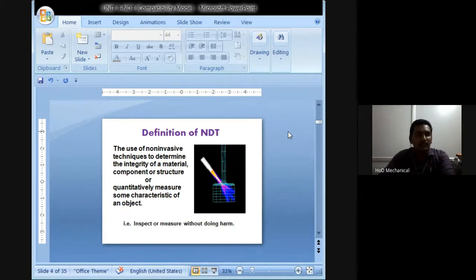That is the definition of NDT. And we can also check which type of material is present in the given specimen, how much quantity of material is available, and the component structure, by using the NDT method. These are all the advantages of the NDT method.